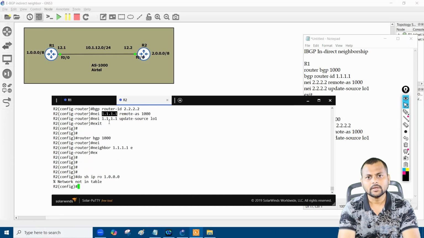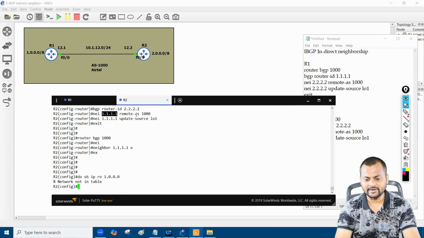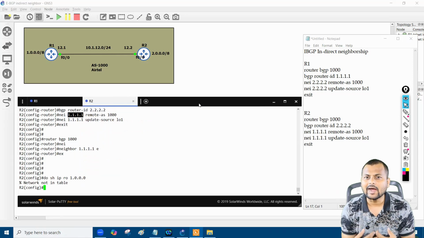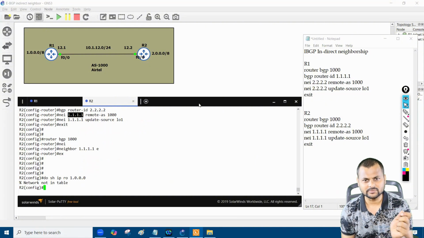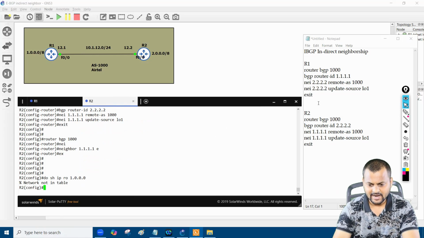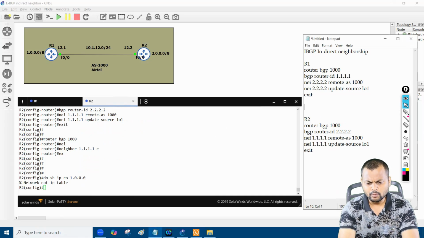No. So BGP needs reachability. Not only reachability, we also need the same route in the routing table. I'll make a video on this part, maybe in the next video. BGP not only requires reachability, it also requires the same routes to be available in the routing table.